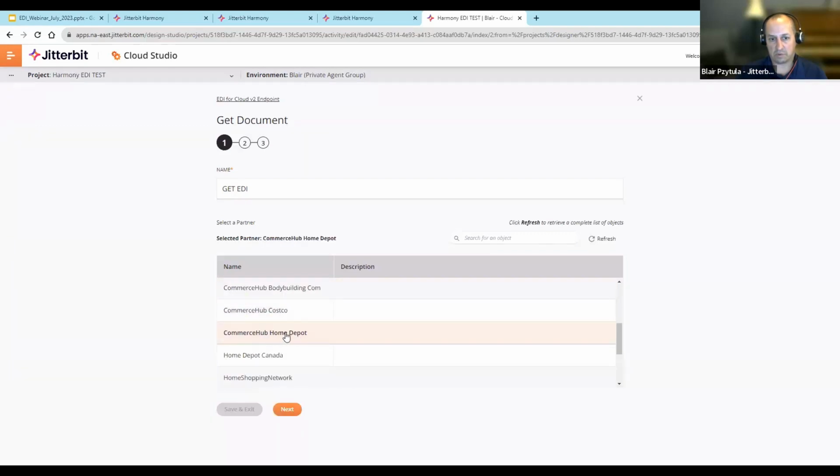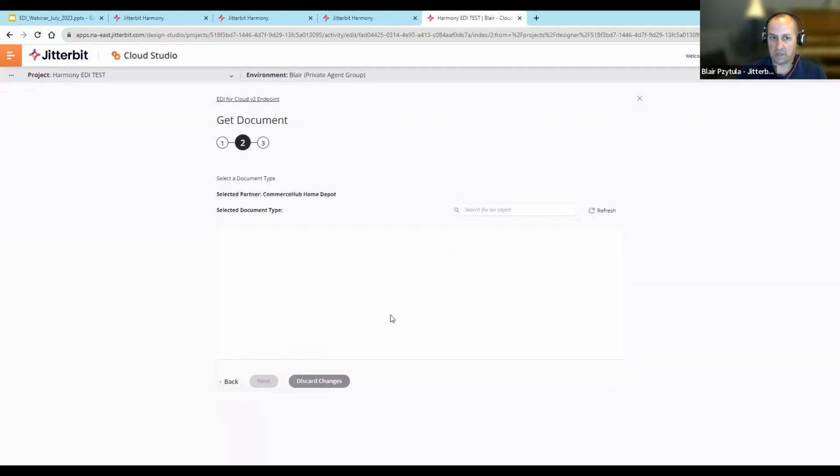So we talked about Commerce Hub. So I know Commerce Hub set up. I know I have a few workflows, but this is only going to work with or get the information for the order, because that's the only inbound document I have. So I have orders. I can click next. And what it's going to do is fetch that data, and it's going to create that schema. So that schema is going to allow me to basically transform and map that data and bring that data in and attach it to a NetSuite or a database